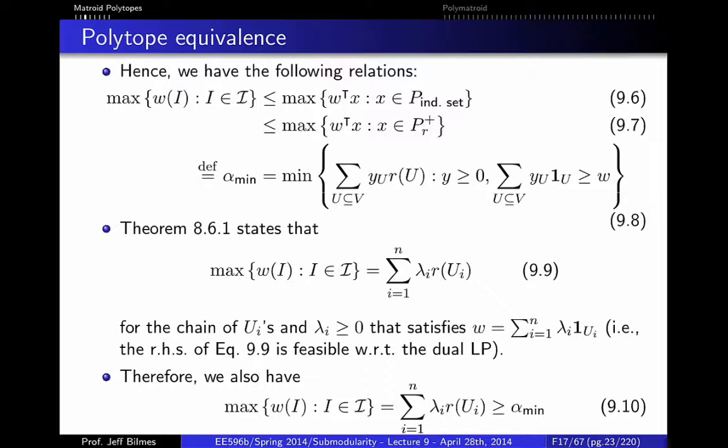So therefore, since the right-hand side here is a min, this is equal to the min, we have that the maximum, which is equal to this, is going to be greater than or equal to alpha min, which is just by definition that thing. So we've got both equalities. So therefore, on the left-hand side, we've got the max, all this stuff here. The max is less than or equal to this alpha min, and down below, we've got that this max weighted independent set is greater than or equal to alpha min, which basically means that all the inequalities have to be